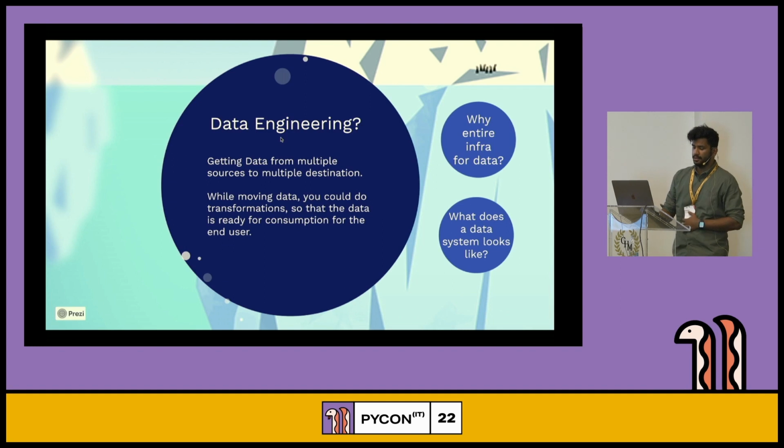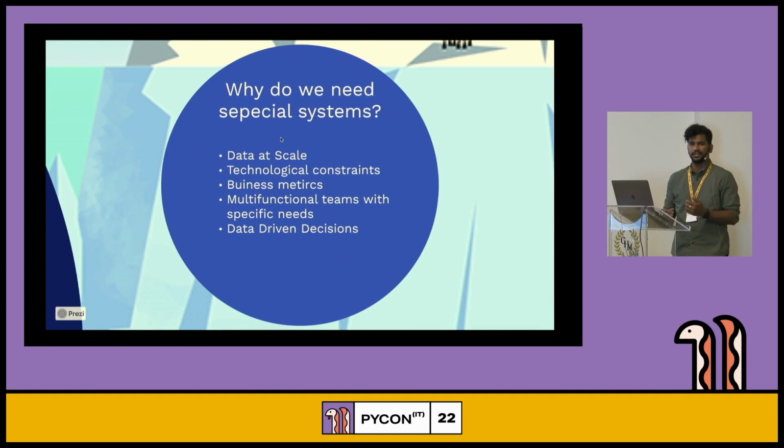But then the question comes, why do we need an entire infra for managing data? If you want to do analytics, can't you just simply plug into your production databases and do your reporting and stuff like that? But no, we need data infrastructure to handle data at scale. In small organizations, it's easier to build pipelines, or you can just copy data from one schema to another schema. Wouldn't recommend that, but when you have to get things done, you can do that.